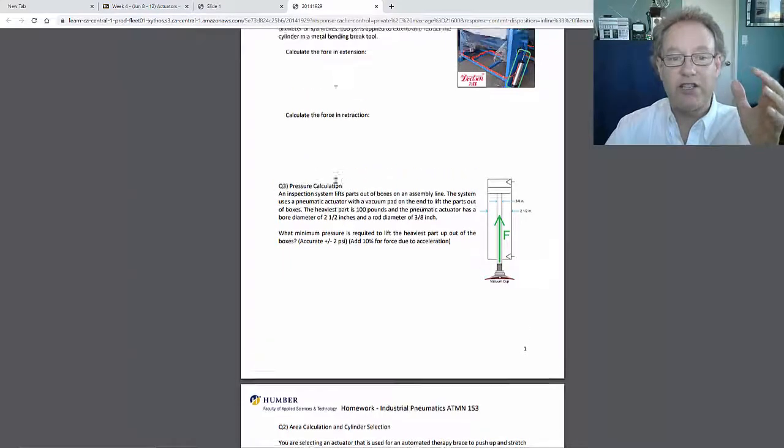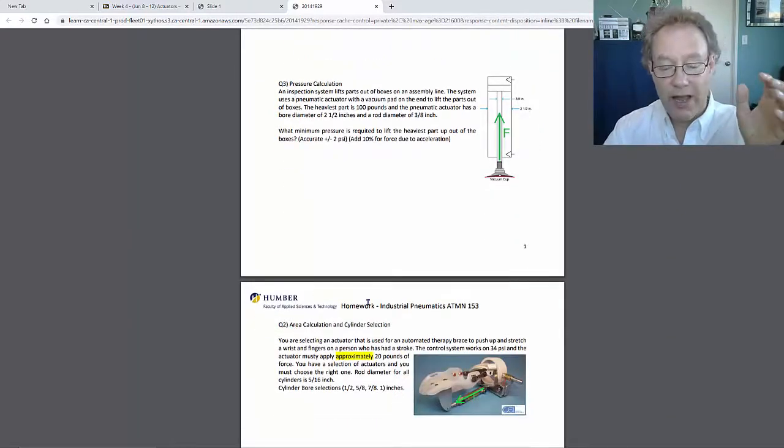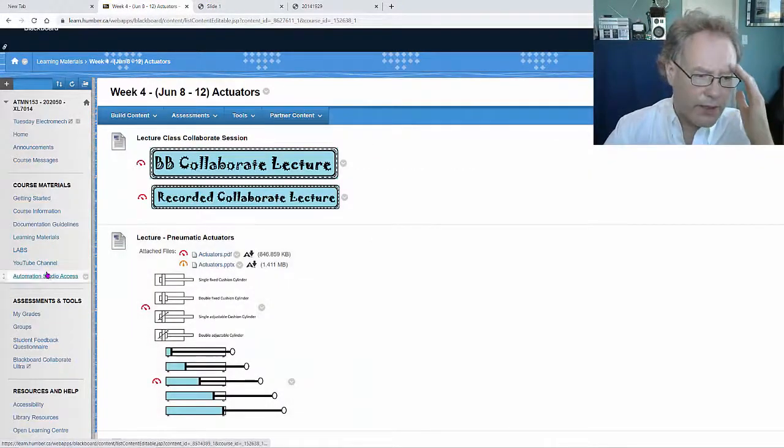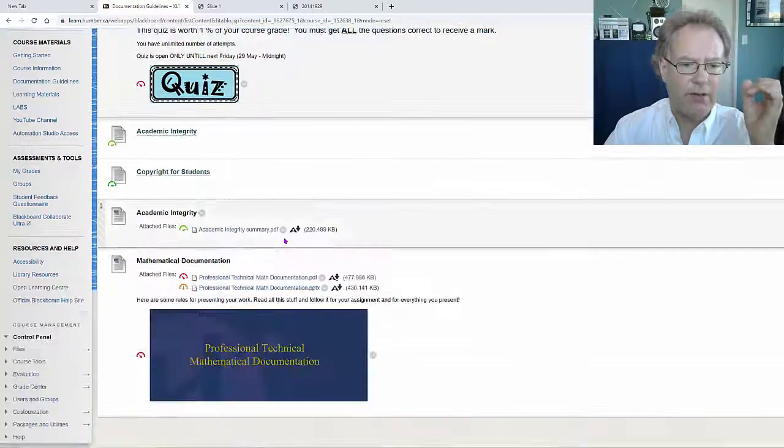So pressure calculations. Essentially, you're going to use that pressure is force divided by area, and you're going to look at that formula. You're going to solve for force, you're going to solve for pressure, and you're going to solve for area. Always solve your formula. If you really need to, like some of you guys need to do this, I need you to go over to documentation guidelines,